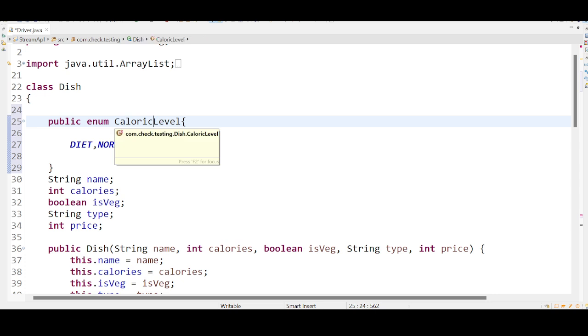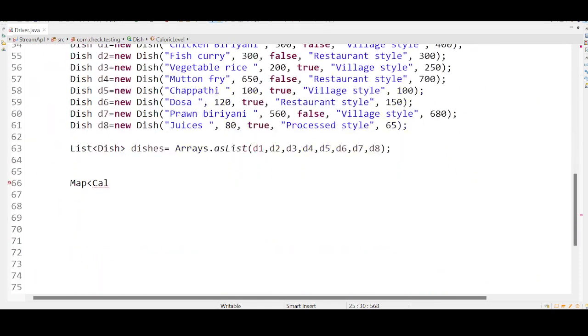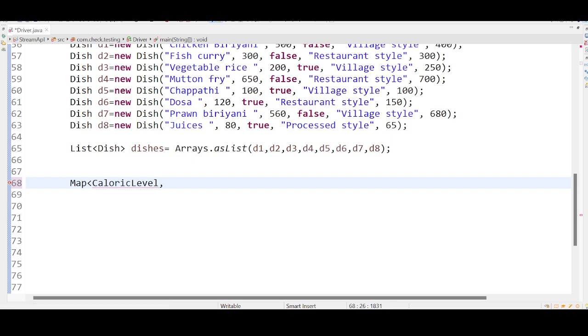CaloricLevel is the key, comma, value is a list of dish objects. Okay, yes, then CL equal to, so take the dishes,